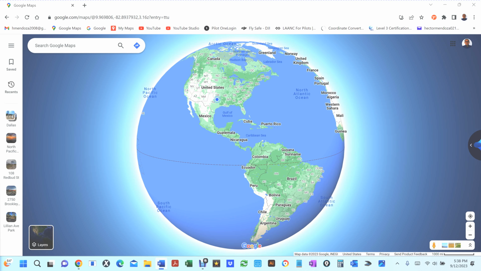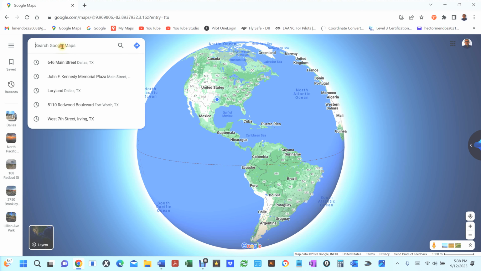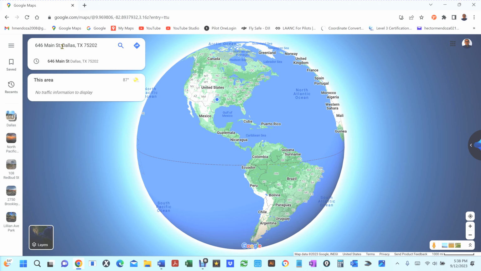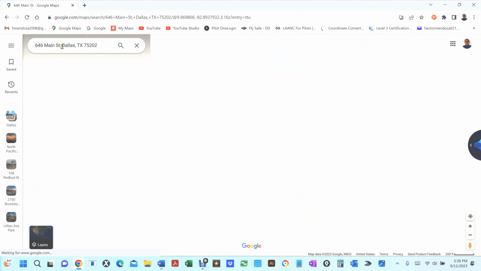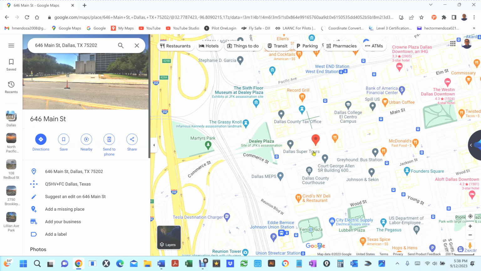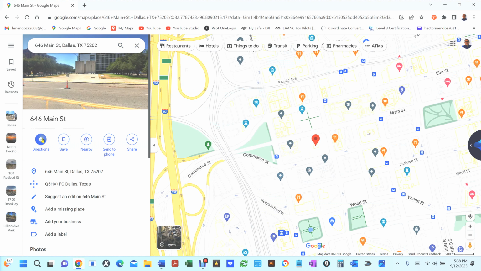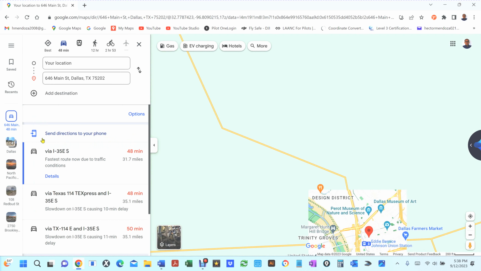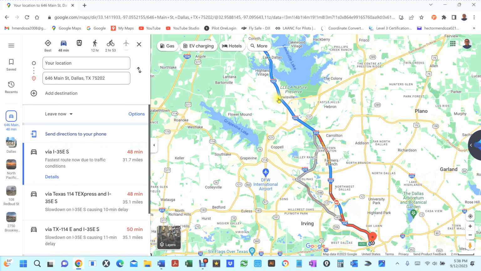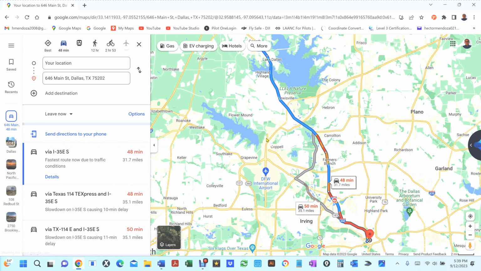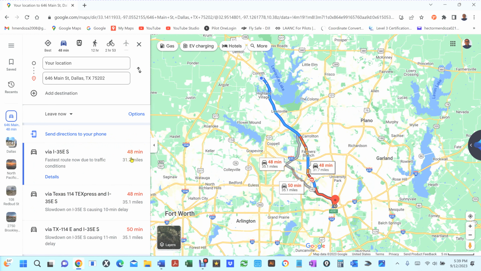So if you decided to take off right now, let me copy and paste the address to that location. If you go to Google Maps, you put the address, you hit enter, and it knows where my location is. So all I have to do is hit directions, and I've already pinpointed where I'm at. Now Google Maps would tell you it takes 48 minutes to get there, but in reality,